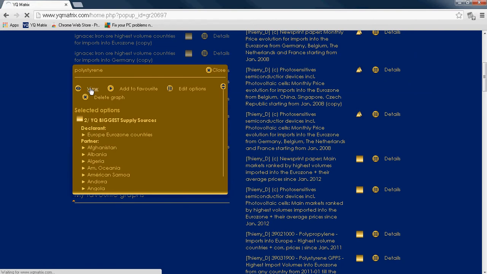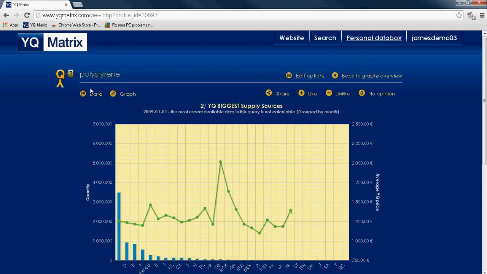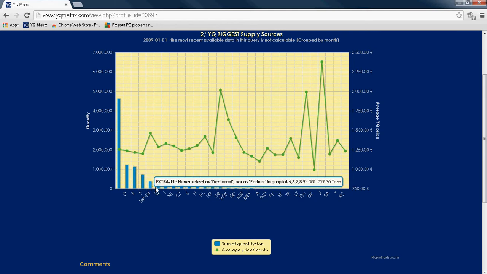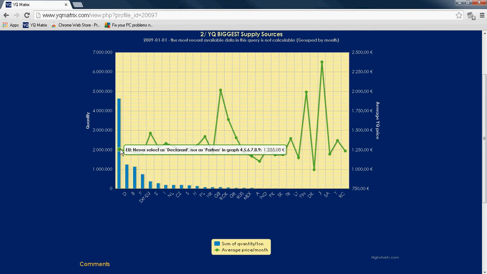I can view the graph, and basically in a few seconds I can see the biggest player on the market, which is of course the European countries, and then second Germany, Belgium, France, external Europe, and Italy. And this is the volume, so from left to right, the biggest volumes to the lowest volumes, and each time also, quite interesting, the average YQ price